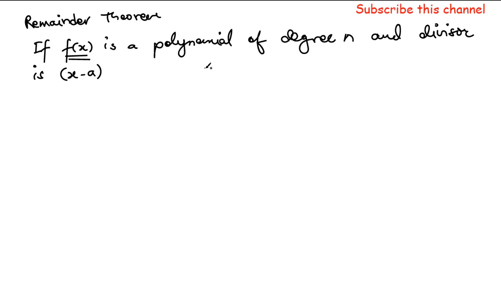Means if f(x) is a polynomial of degree n and divisor is x minus a, of which one? Of this expression